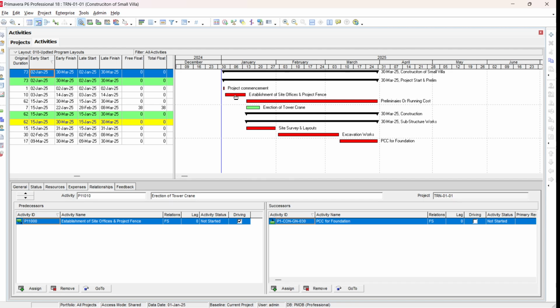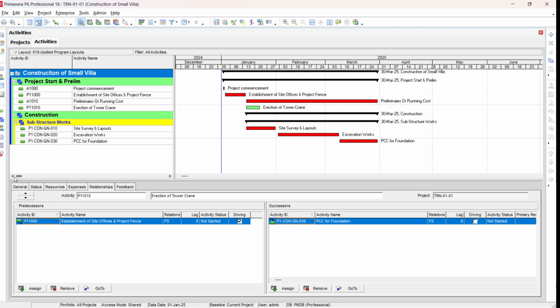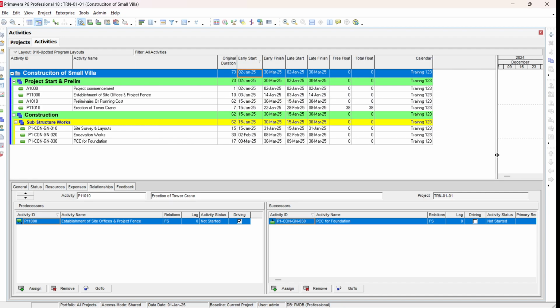Now you can see project commencement, then establishment of site office, and then preliminary. After establishment of site office, we have site survey and erection of tower crane. Then after site survey, we have site layout, we have excavation and PCC work. Similarly, you can add more activities here. So now you can see how we can group and how can we define activity relationships,